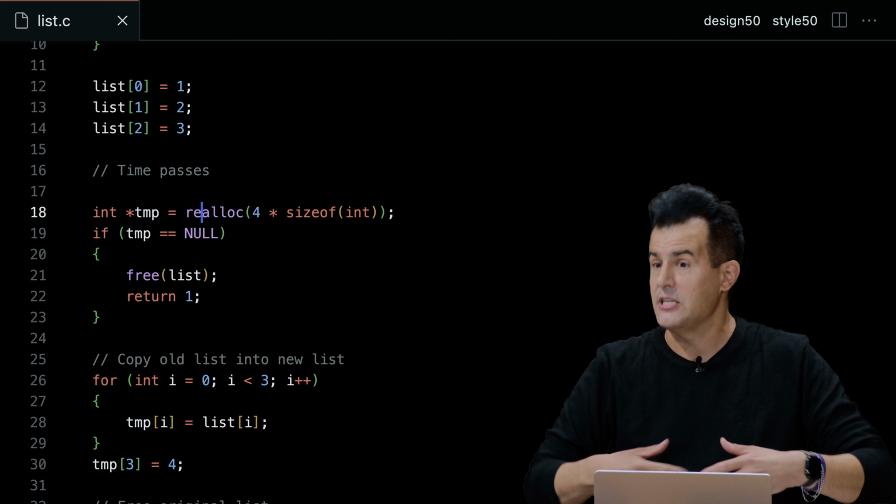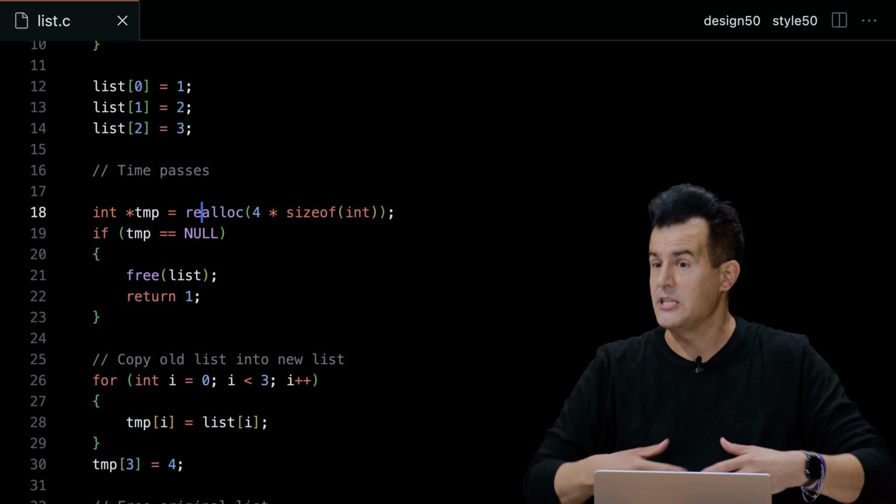So the question is, how does realloc know what to realloc? Well, according to the documentation, which I forgot to read, you need to tell realloc what the address is of the chunk of memory that you do want to realloc. So the first argument to realloc, which I did admittedly forget until a moment ago, is the address of the chunk of memory that you already malloced earlier, so that it knows to go there, see if there's indeed some garbage values it can reclaim at the end of that chunk of memory, or if it has to wholesale move things elsewhere in memory to give you 4 times the size of the int this time instead of just 3. But still, things can go wrong.